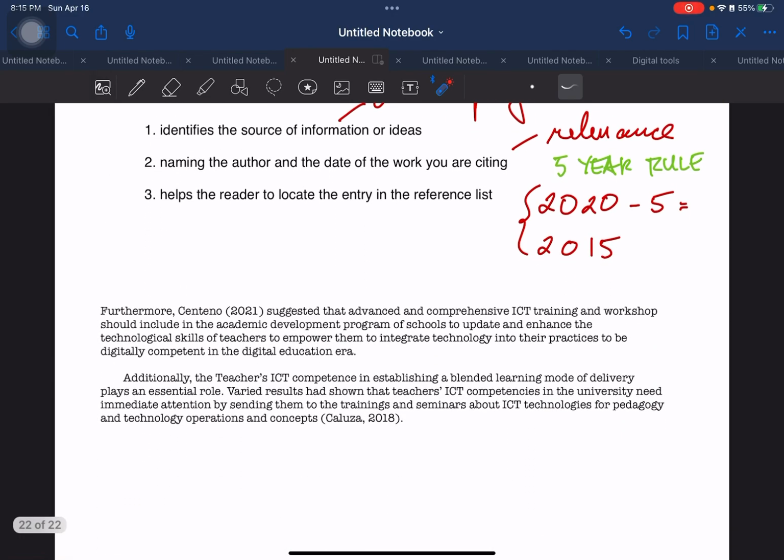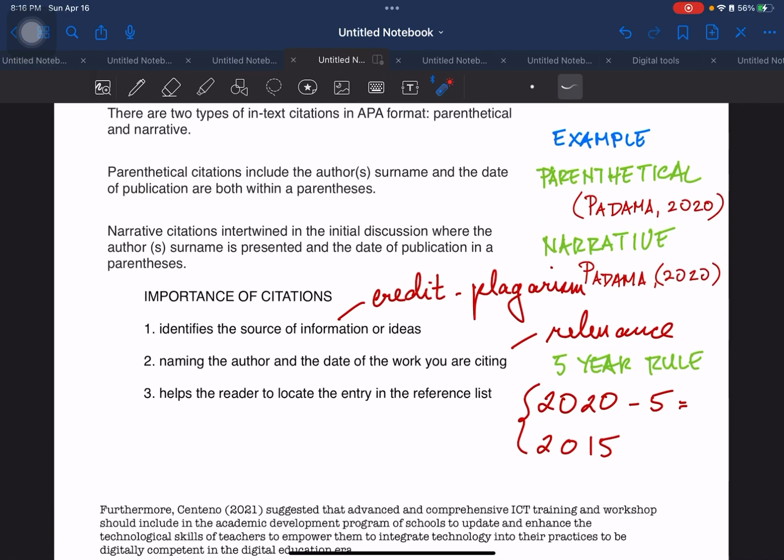Now, we go on to the actual implementation of these in-text citations in your manuscript. As you can see, we have an actual example used in a manuscript, and you can already see the example that we presented, which is parenthetical and narrative. If I'm going to ask you on the first paragraph, you have, furthermore, Centeno 2021 suggested, this is included in the discussion. This is what we mean by it is intertwined and included in the discussion. So you have the surname outside of the parentheses and it is intertwined with the discussion. So this is what we call the narrative